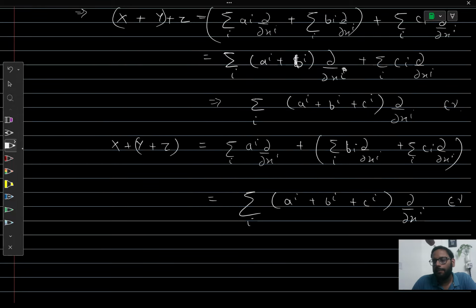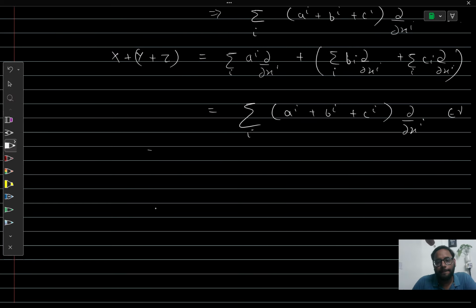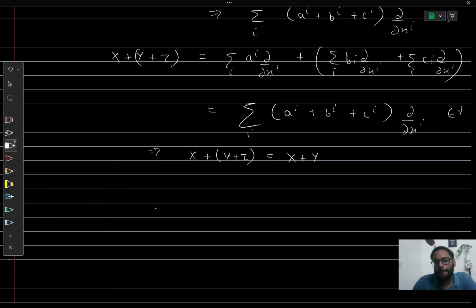And again it will belong to the vector space, so they are equal. So this follows associativity of vector addition, and you can just do it for all axioms,